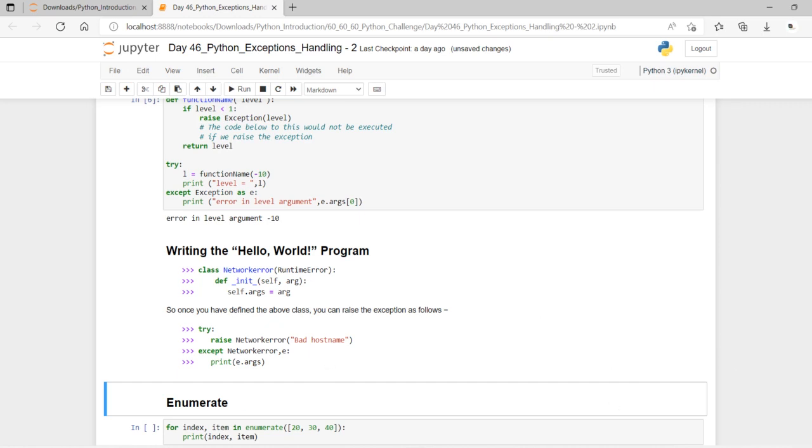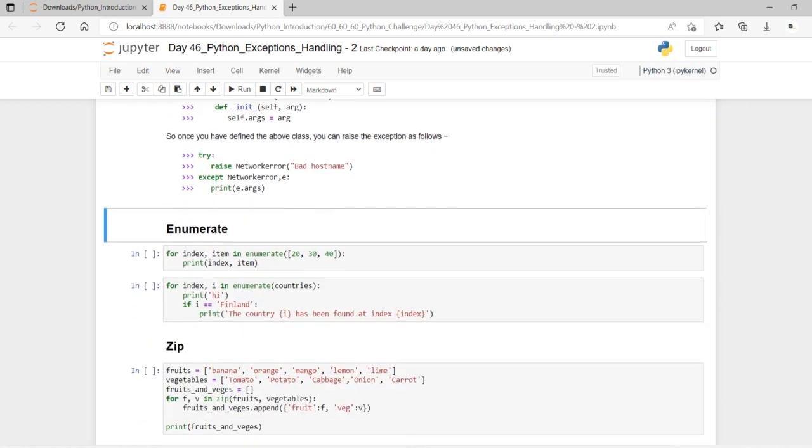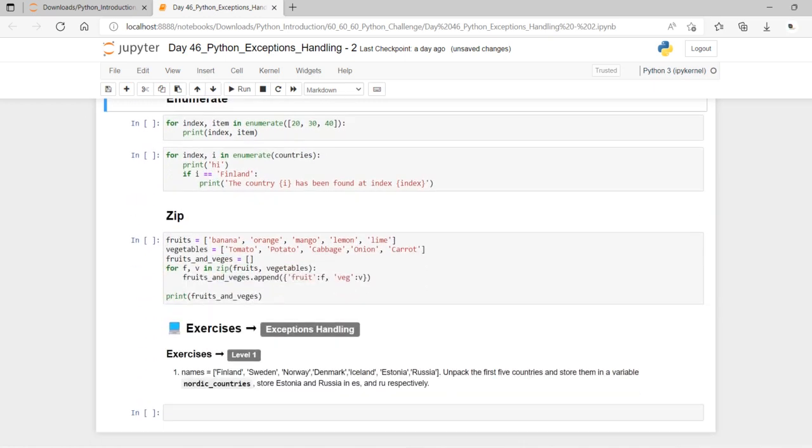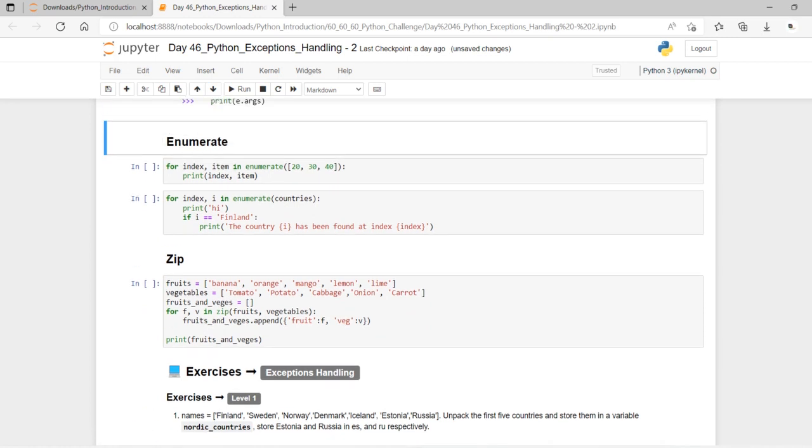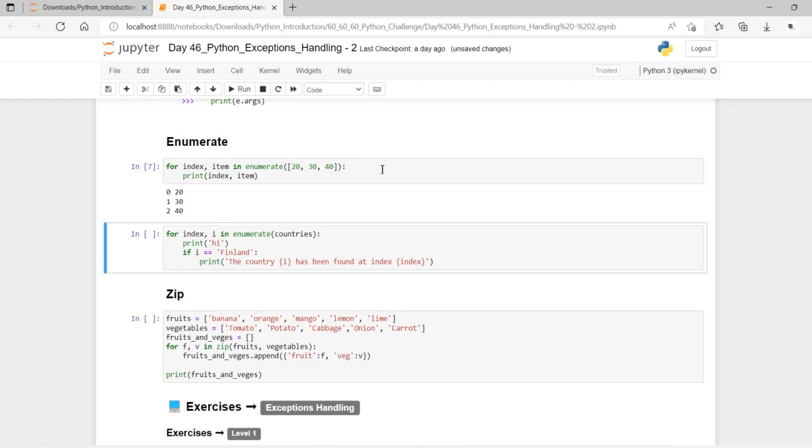See here, dear friends, if we are interested in the index of a list, we use the enumerate built-in function to get the index of each item in the list. So here also we can make use of that functionality, that is the try catch functionality. And see here, this can also make use of the enumerate function, where it is just going to iterate over this each and every time.